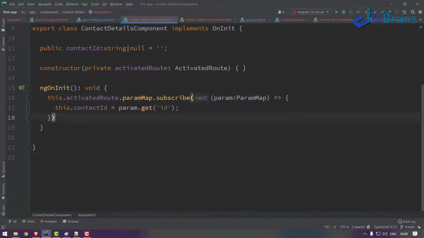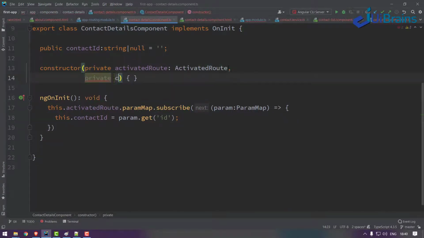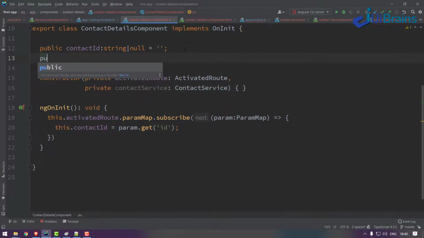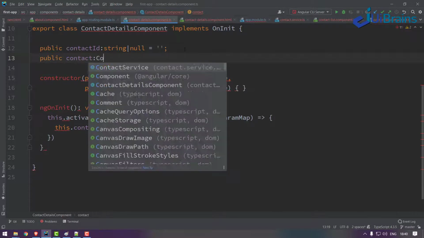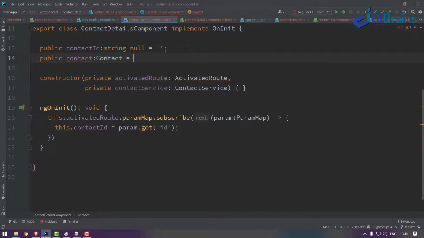Here I also inject our service. So private contactService of type ContactService. Okay, I'll create a variable to hold contact data. Contact, this.contact is equal to an empty object as Contact.